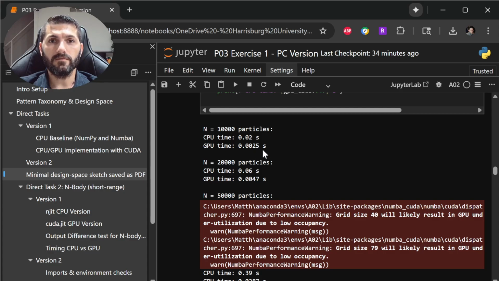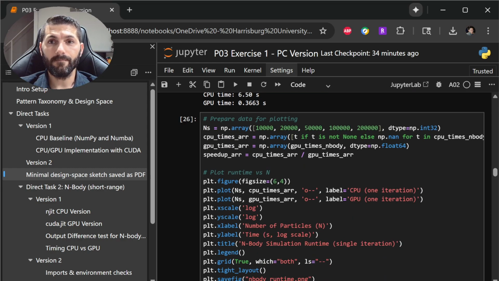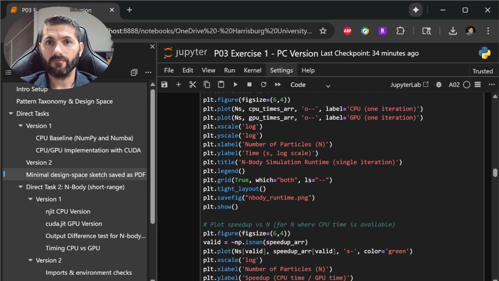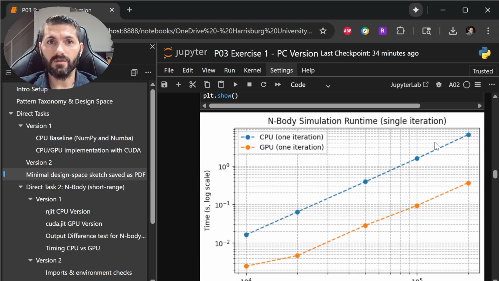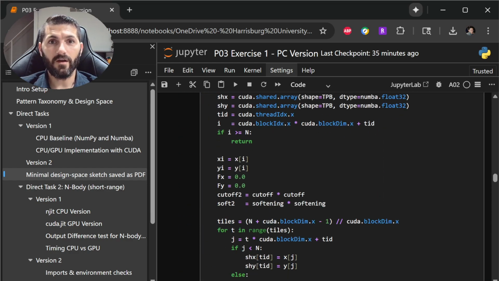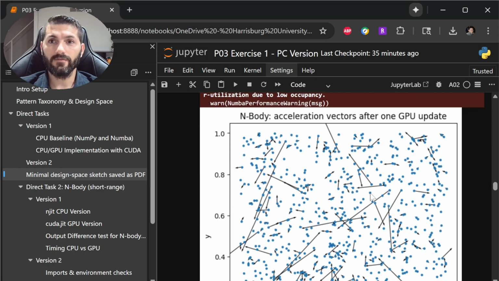The GPU time is much less than CPU time, even for 10,000 particles. At 200,000, you can see the GPU time even being more efficient. But single timestamp there for that. You can see that the GPU, on the whole log scale, is 17 times faster. Very nice there. Ran this a number of different ways, which we don't have too much time to get into,